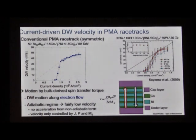But the point is this: if we introduce a current into this wire, we can move domain walls. And the domain wall velocity is shown here as a function of current density. So I told you that we need a lot of current to switch enough magnetic moments to move a domain wall. And typically, we need a current of the order of 10^8 amps per square centimeter, and the domain walls will move at about 50 meters per second in wires like this, where we have very many